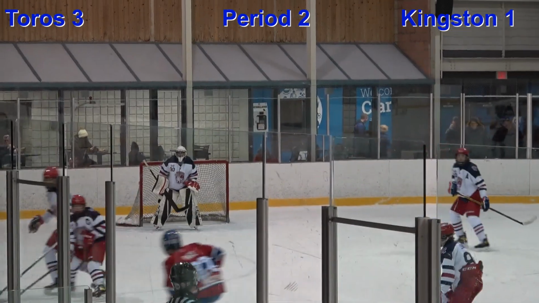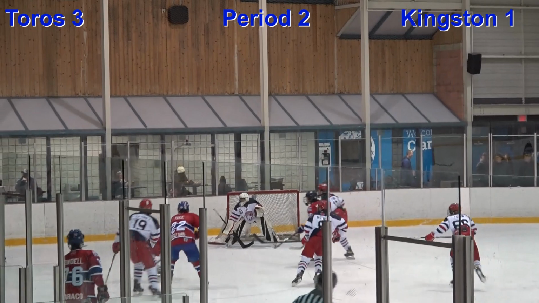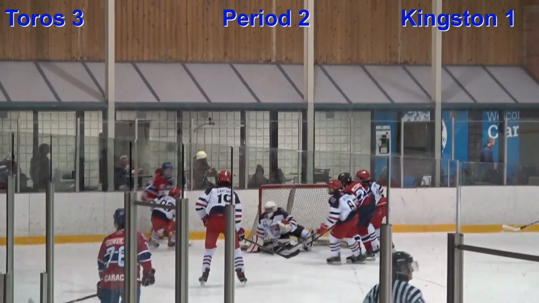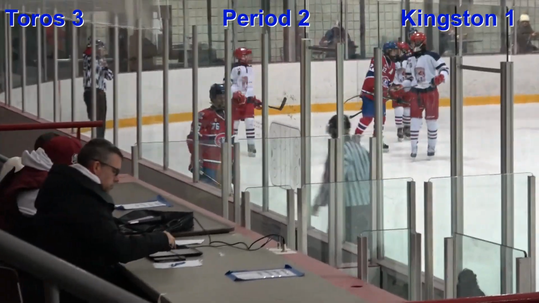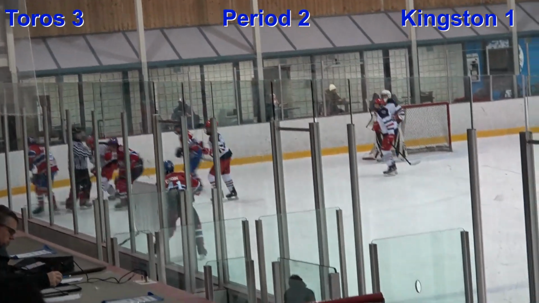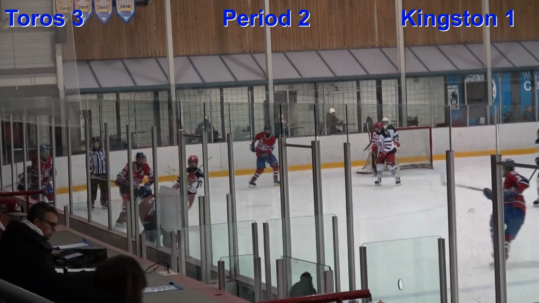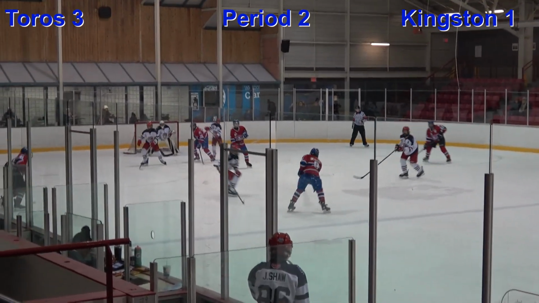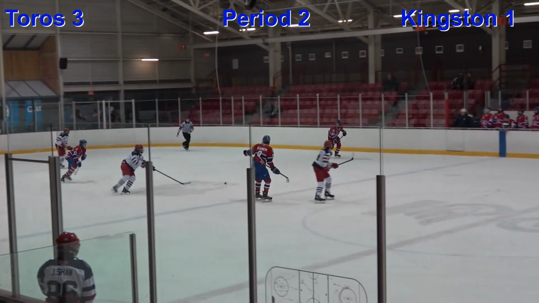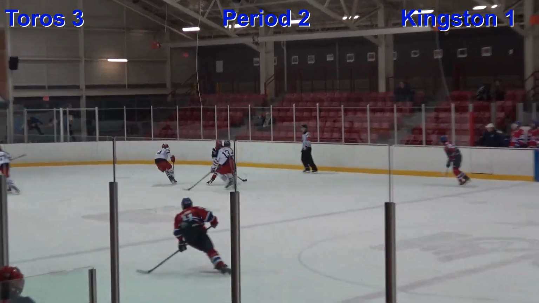But we're getting another Toros penalty. This one is going to come to Shaw, number 86. Hard around the boards, and we'll get a whistle. At the key face-off, Kingston power play. They've got a chance now to cut this to a one-goal game. Back here to the blue line. Capped in here by Kingston, by Fand on the shot. Can't get one to the front of the net, though.